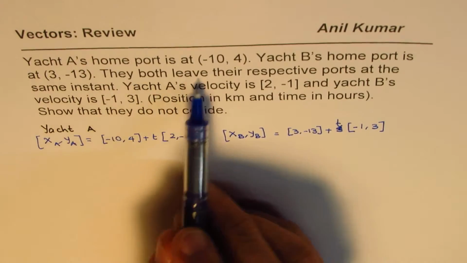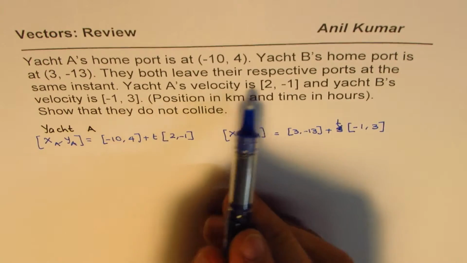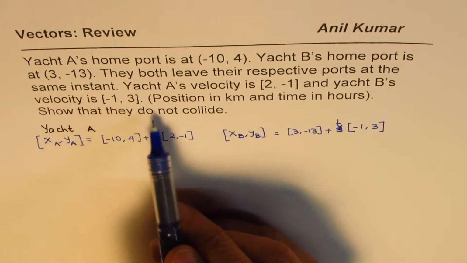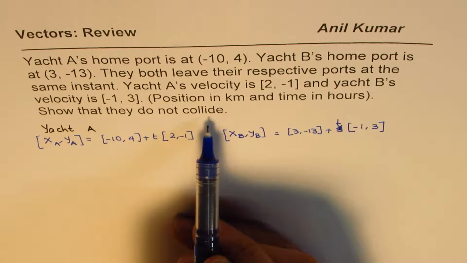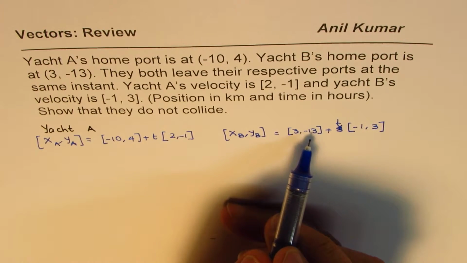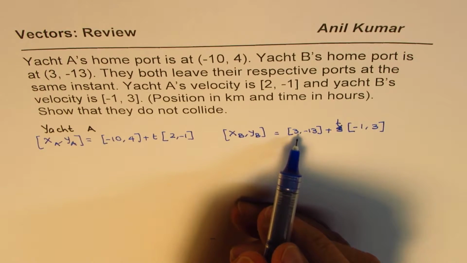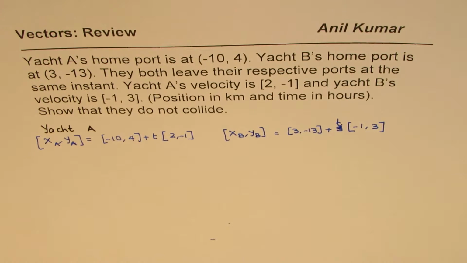Now they say they both leave their respective ports at the same instant. Yacht A's velocity is given, B's is given. Show that they do not collide. That's the question. That means we'll find the point of intersection of these two paths and then we will see if that time is the same for both of them or not. That is how I think we can prove that